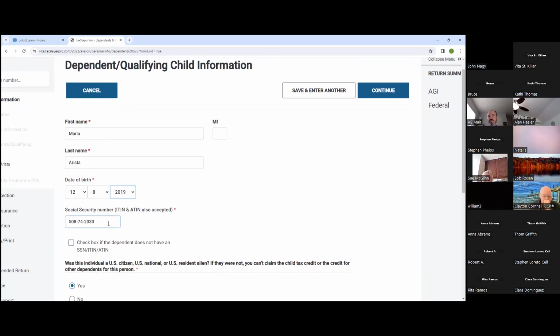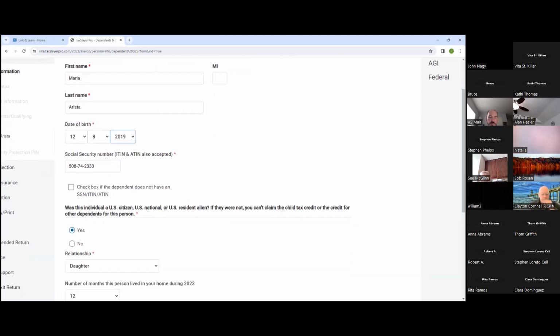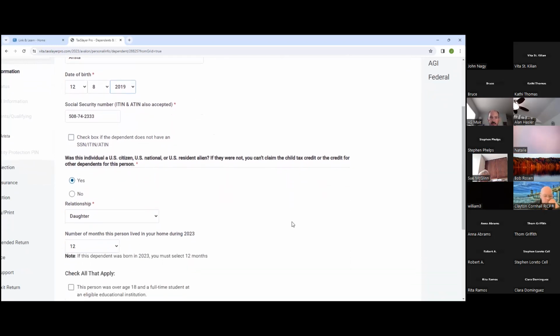Most of the time, you're going to have a social security number, and that'll come off that social security card. And that's why this is kind of non-negotiable. People come in and they go, well, I don't have my card with me. The general rule is we want to take a look at their card, on a piece of paper or an electronic device. And in this case, this little kid is a U.S. citizen. That's typically what you're going to see. If they're a resident alien, that means they've gone through immigration and they've got a resident alien card.